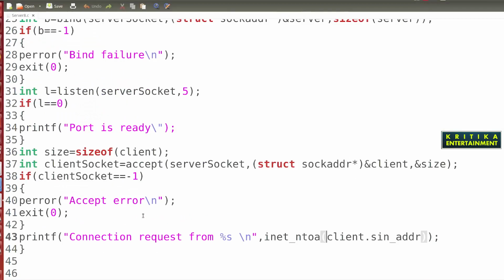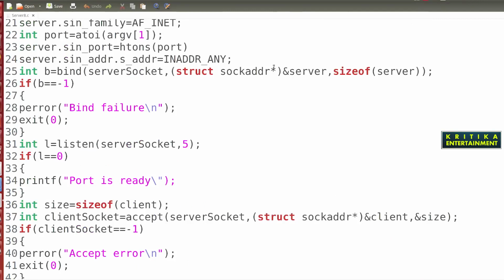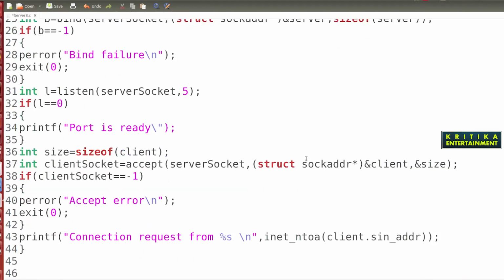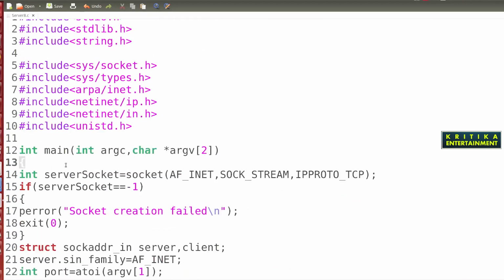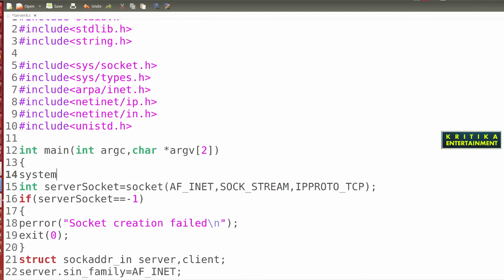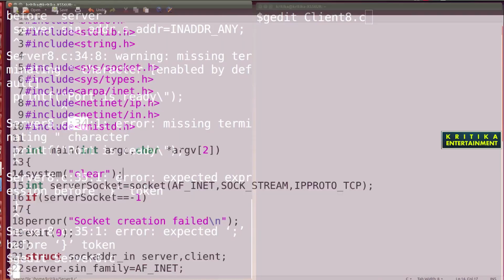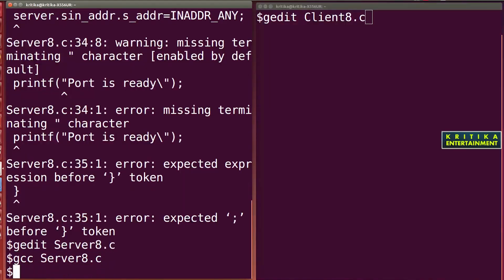24, 34. 24, why is it 24? This is 24. 24, that is 23. 20, semicolon is not given before the 24, and this is the what? Your \n. Why is \n not given? Okay, so then I'll save this, then close it. Before closing, I want to clear the screen automatically. So here write system, okay, then clear. Okay, then save this, then close, then compile.